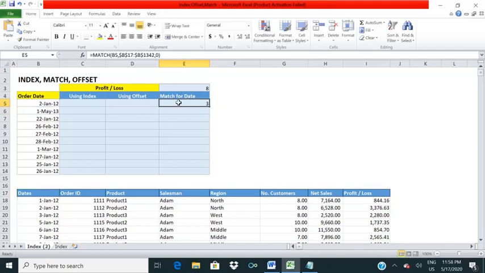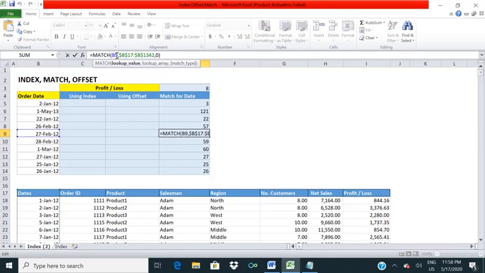As I am dragging this formula, the range will not change because of that. See here, dollar B and dollar 17, dollar B dollar 1342 is fixed. Here also it will be the same. As I am giving dollar here, this value is not changing, but you see B9 is changing. So this value will change.